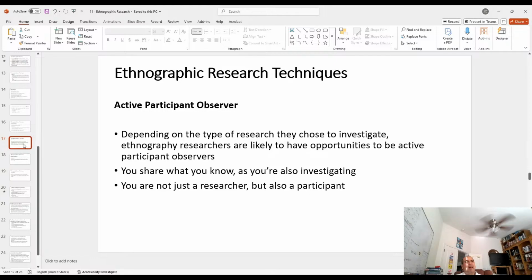But there she is, a math teacher, and you may have a degree in math, and she knows that, or he knows that, and they ask you if you could please give the lesson for the day, even though you're really there to do your research. That would be more like an active participant observer, right?